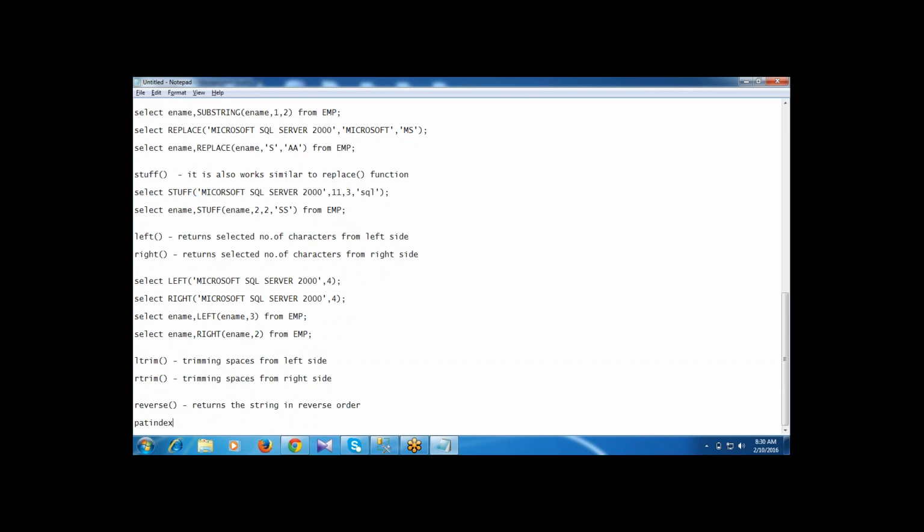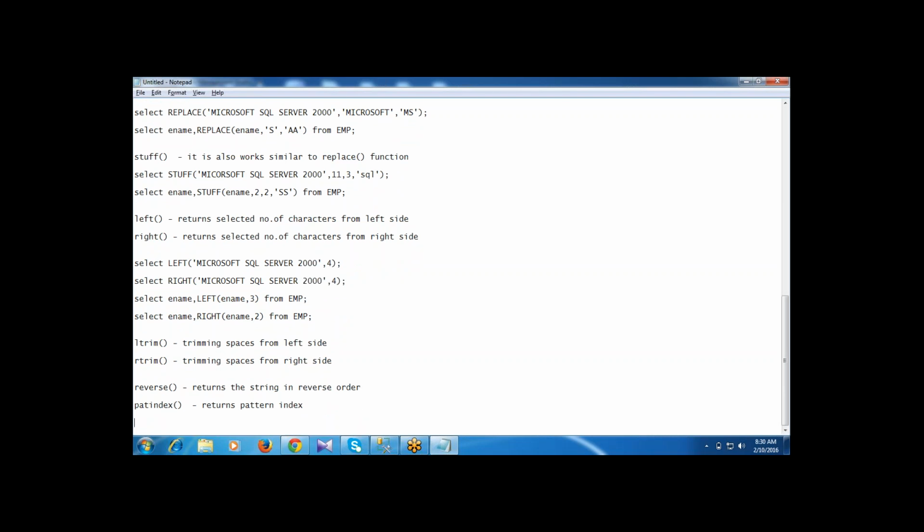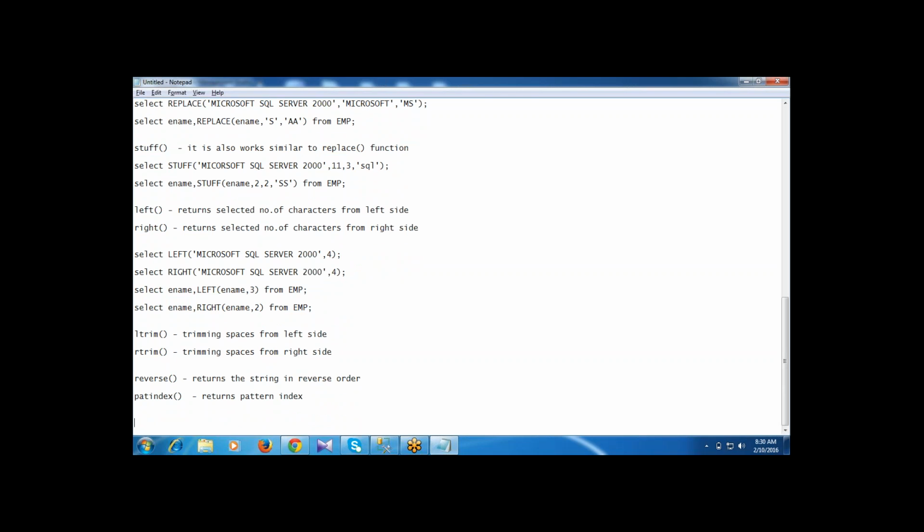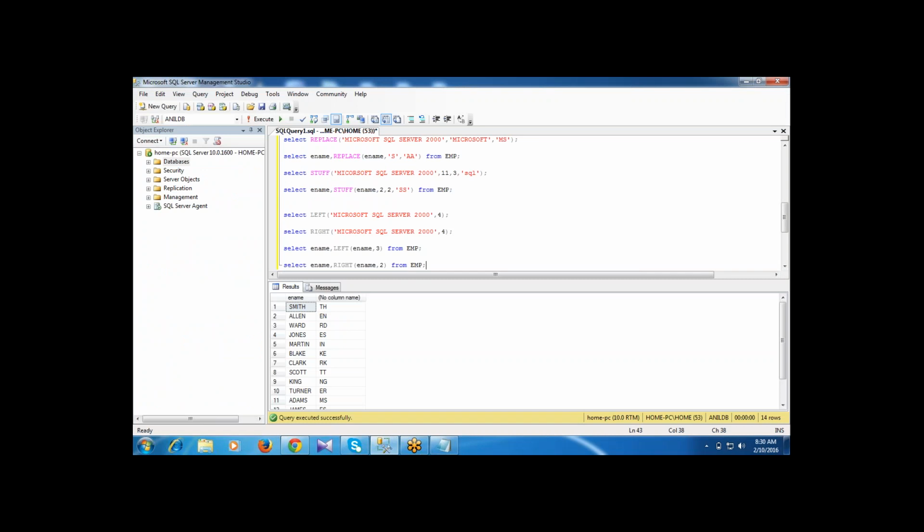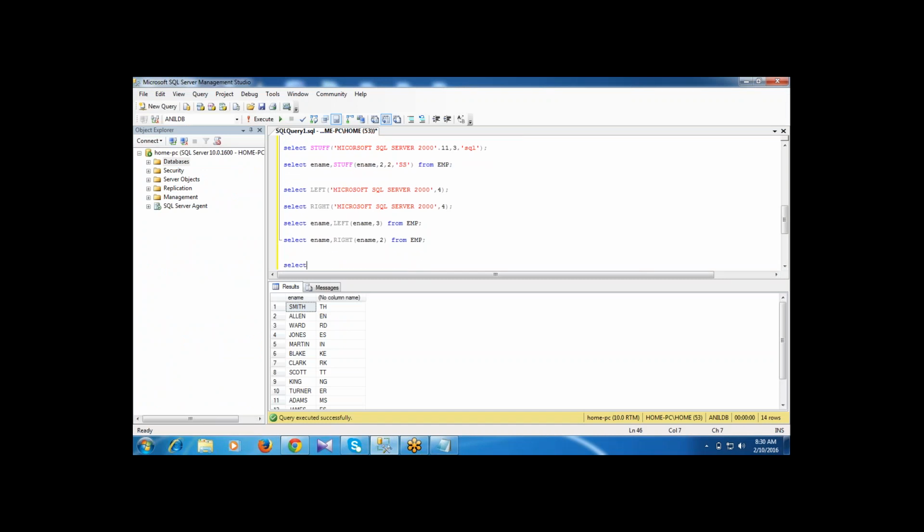Patindex returns the pattern index in a given string. So here I'm writing select reverse of Microsoft SQL Server.